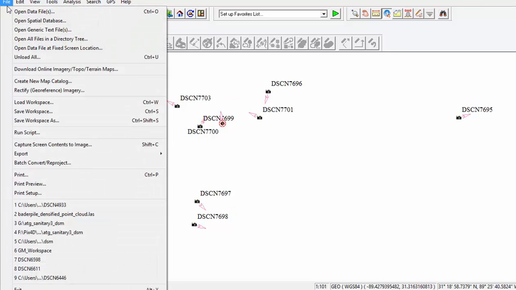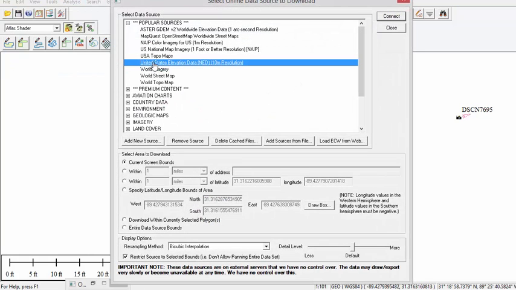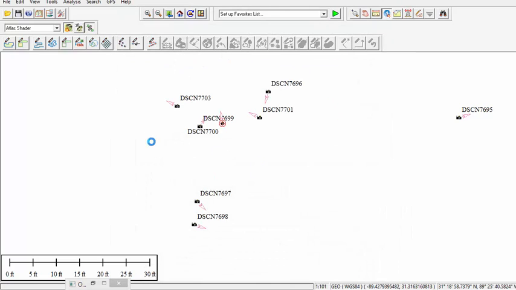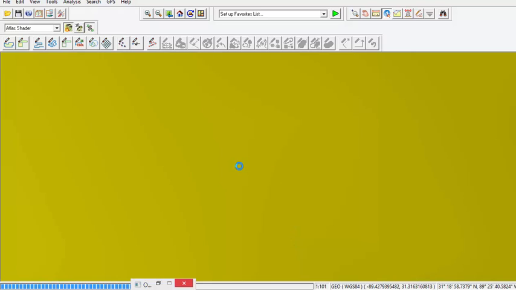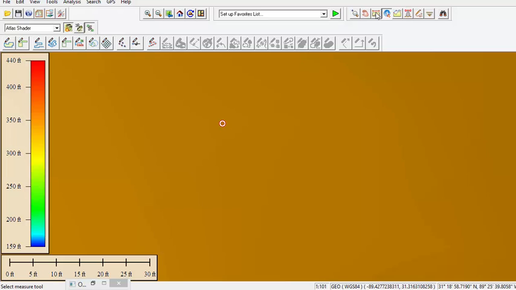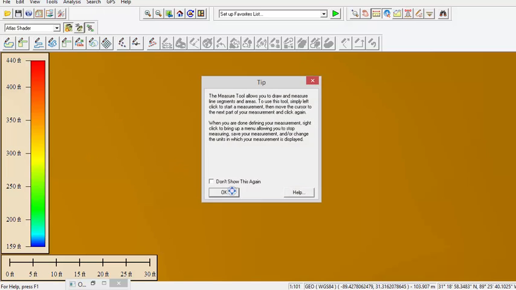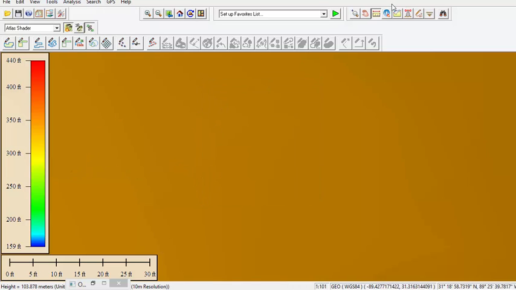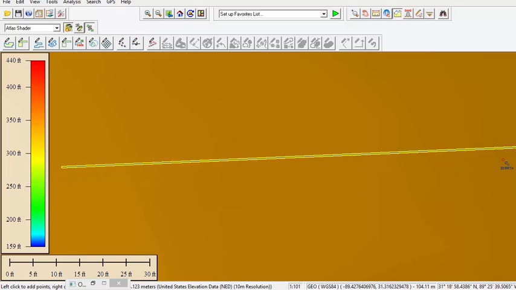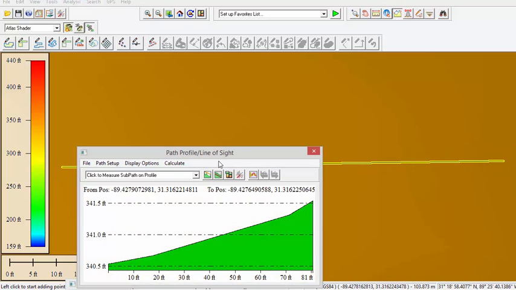When I come in and I start loading in some of the imagery and terrain, it's now going to know that I only have to pull in from this particular viewpoint. It's going to render a lot faster. It's going to bring in whatever's showing on the screen. Now this particular one is pretty flat because of the density. What we're going to do is add in our own UAV data to that data and realize